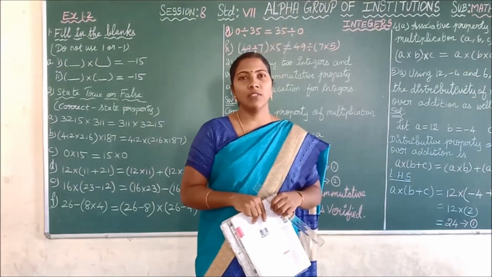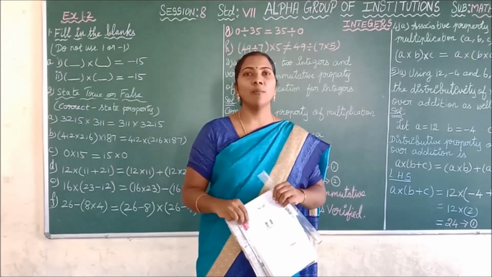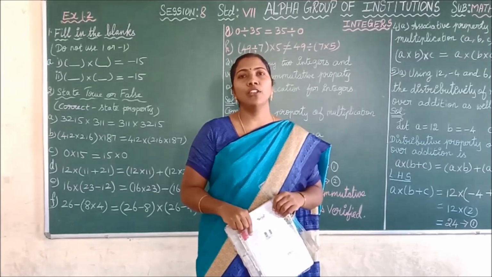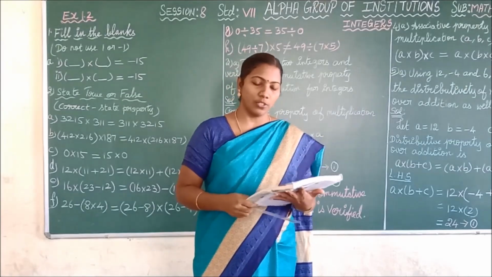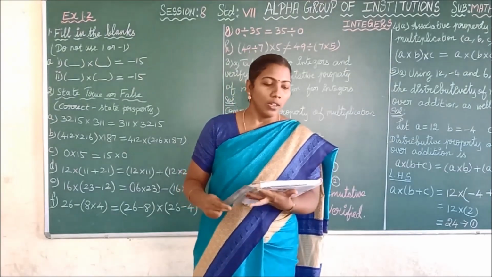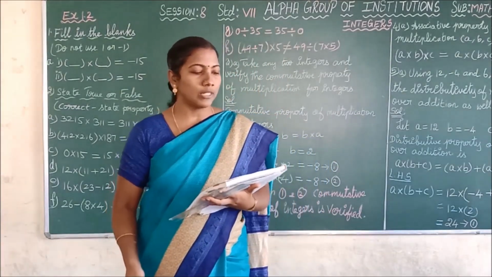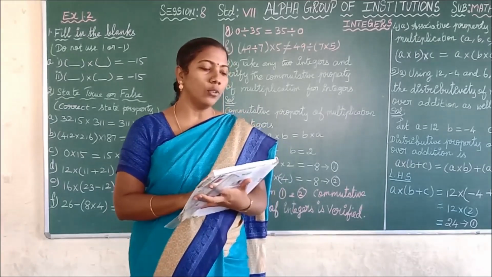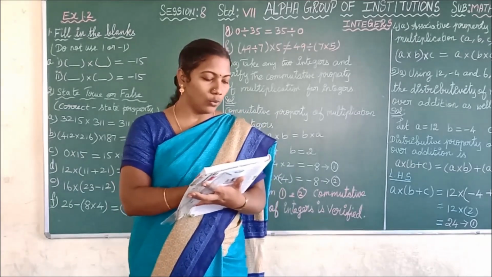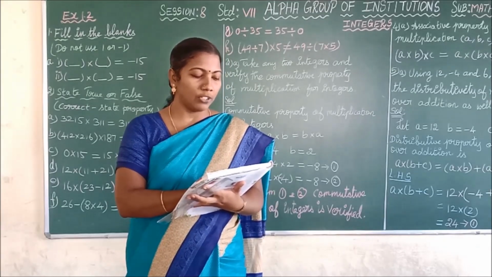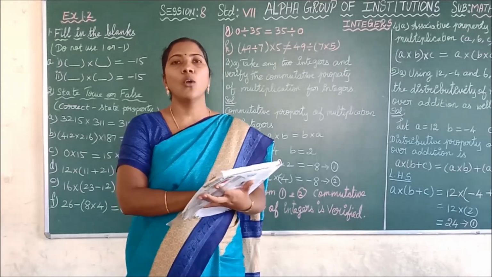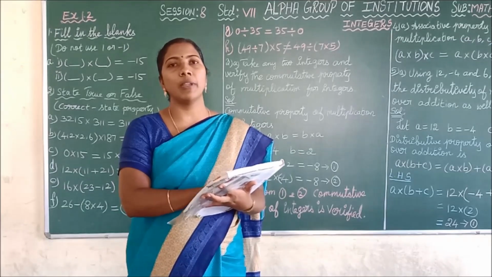In the last class, we discussed properties of multiplication. Today, we are going to see problems from exercise 1.2. All of you take your maths book, children, take page number 21. We are going to see the first problem from exercise 1.2. Question number 1, 2 and third Roman A division, fourth Roman A division. These sums are going to be your homework. Now I am going to explain your homework sum.